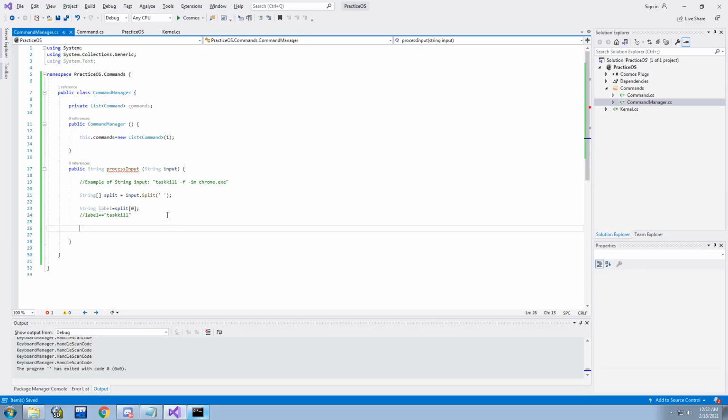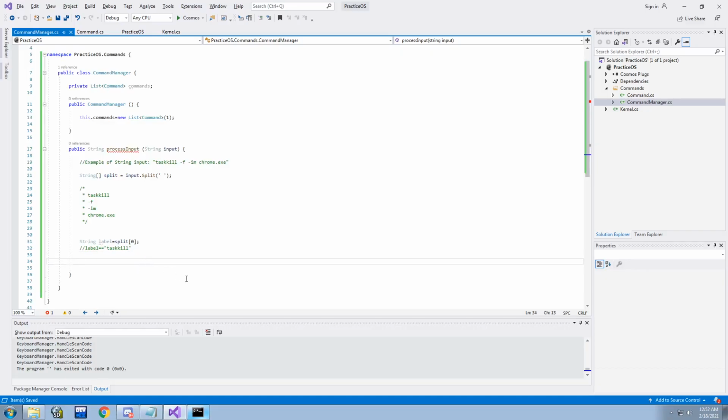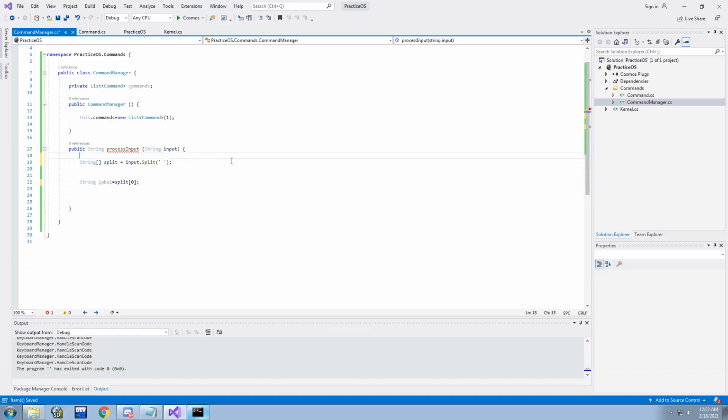Because if I just quickly make this again, this would be 0, this would be 1, this would be 2, this would be 3. So we're getting the 0 thing by selecting 0 right there, and it's going to be taskkill. And I'm just going to get rid of all that because it's just comments, we don't really need it. Hope you guys at least get the gist of it. But anyway,